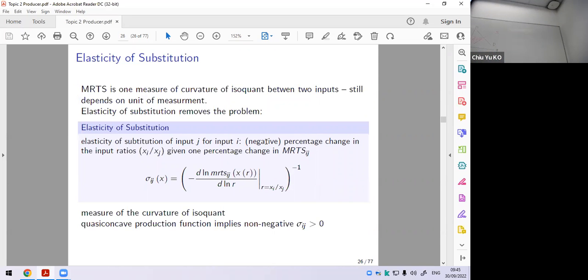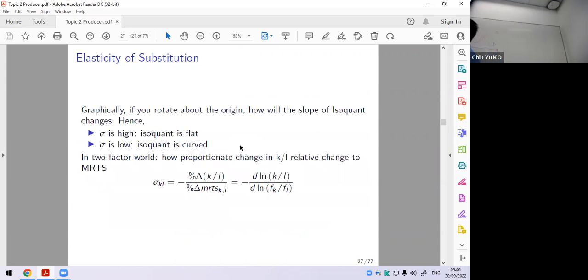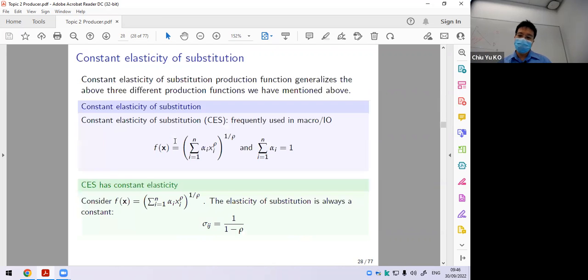This one is a little bit tricky, okay? And we call it the elasticity of substitution. The reason we want to know this is just slightly tricky, just like the change in the MRTS over the ratio of the inputs, okay? This is not easy to see, but the meaning when you have 2 inputs is rather easy, just like how the change in the input ratio relates to the MRTS ratio. This is saying that when this is high, the isoquant is flat, and when it's low, it's rather curved. Okay, how they substitute. And it's not easy to see how important it is, but